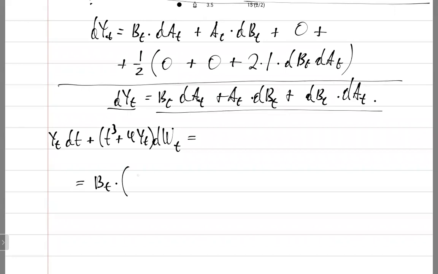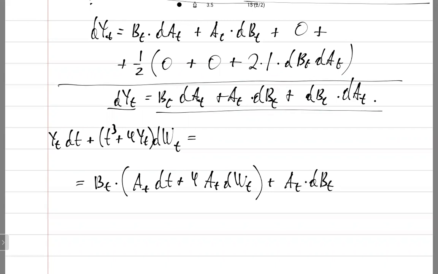Dat is at dt plus 4at dwt, plus at times dbt. For the moment, I don't know dbt, plus dbt times dat, we have it: at dt plus 4at